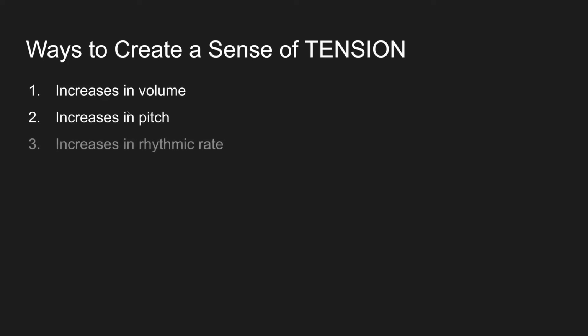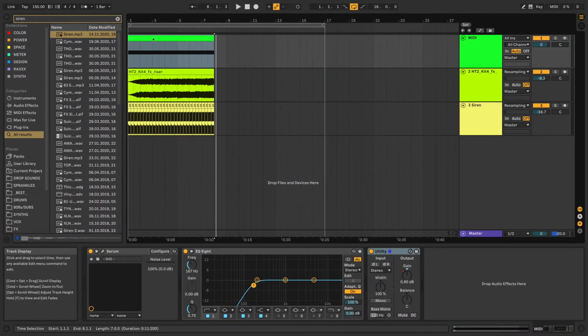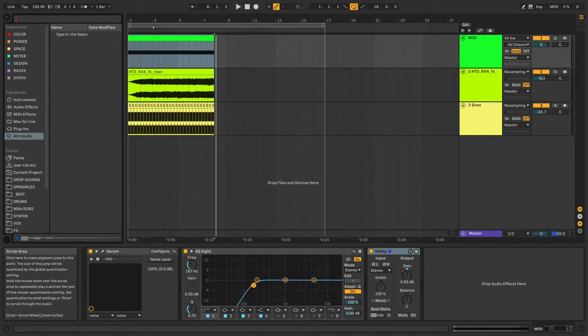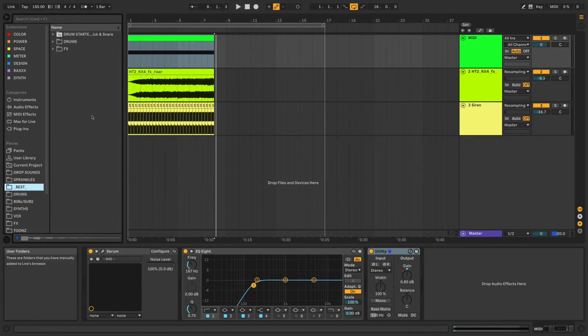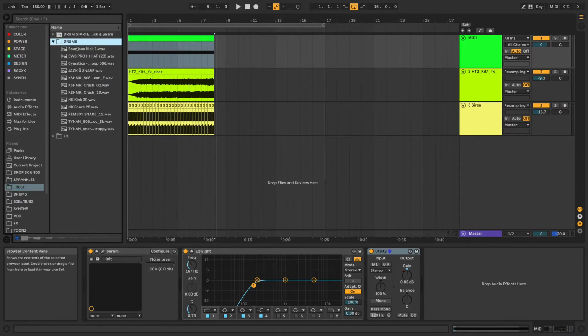Next, increasing in the rhythmic rate. So that's something that you see a lot in EDM, almost to an obnoxious degree. Just getting your snare here and just like